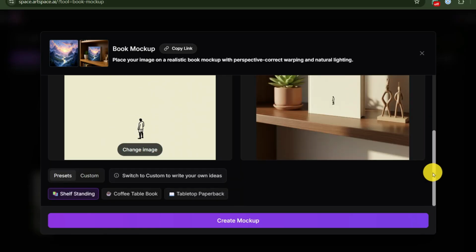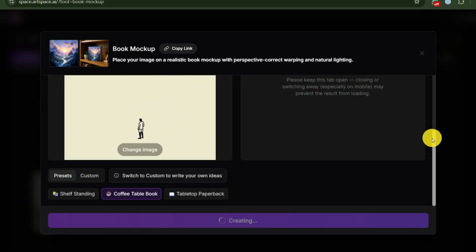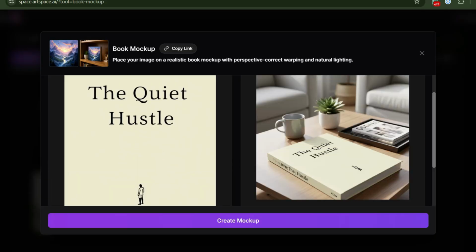Same with Device Mockup. Showing your Notion template displayed beautifully on a MacBook makes for an incredible sales page hero image. A standard cropped screenshot inside a rectangle? Yeah, not so much. Oh, and if you use Apply Logo t-shirt and chain it together with that Vectorize tool we just talked about,